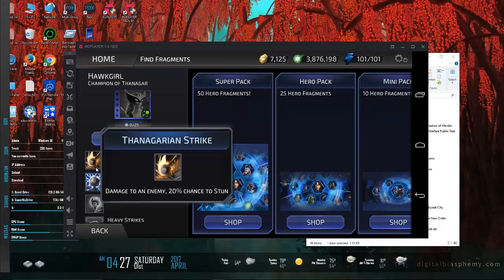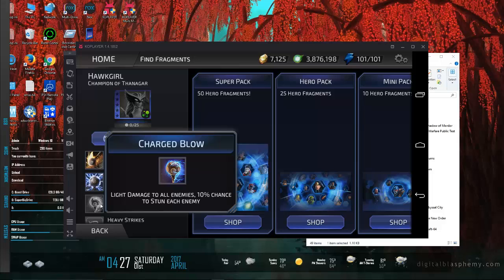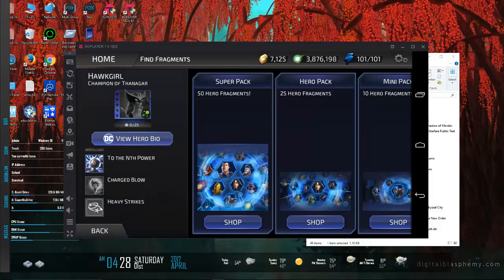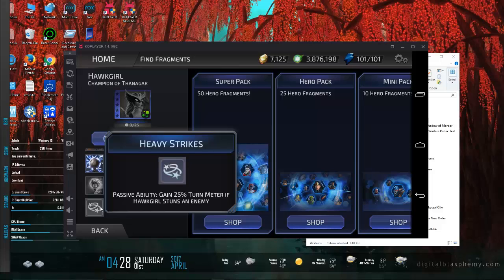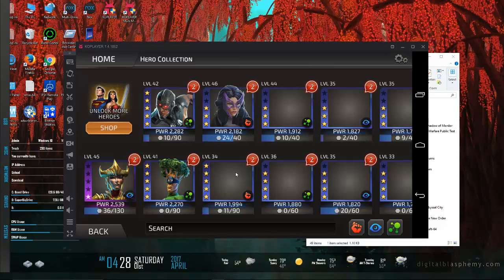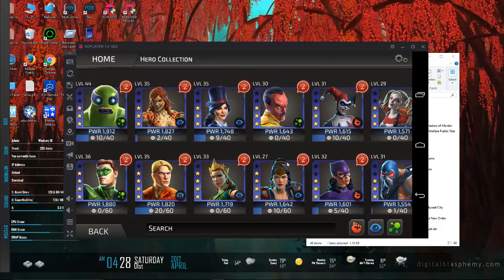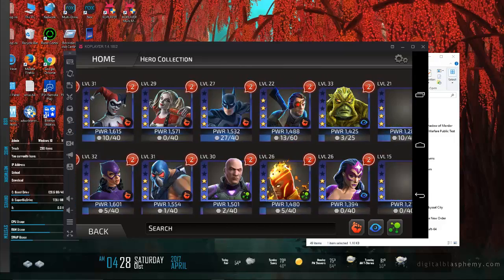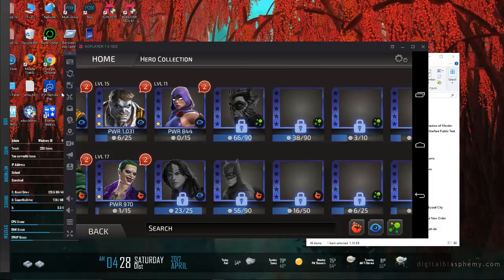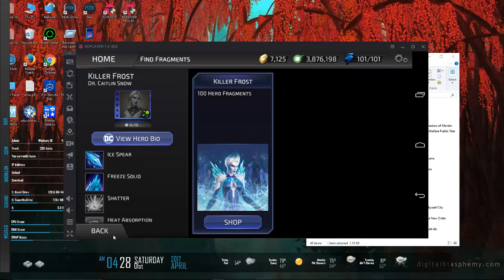But so there's a 20% chance to stun. Purge a debuff from an ally's 50% chance. Light damage 10%. Alright. So yeah, Hawk Girl is very stun based too. Yeah, nice synergy there. So maybe Hawk Girl and Frosty Twat over here, Killer Frost, together,